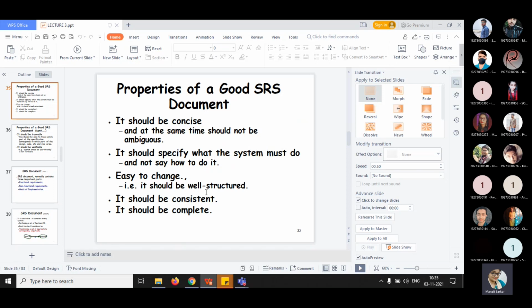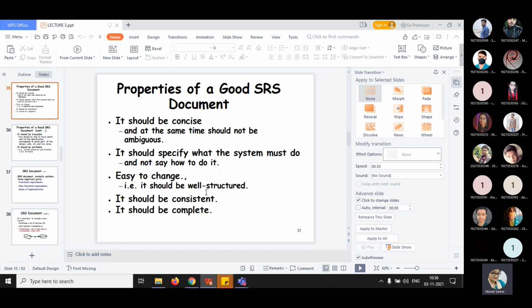Suppose you are a developer and you are writing all the points in the SRS document. Then you will pass that document to your next higher authority, and that authority will in turn pass it to the next, suppose the project manager. If the project manager finds that there is an error in the document, then he will point out that error and pass it to the next level. In this way, it should follow several revisions.